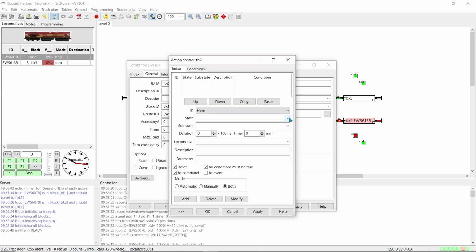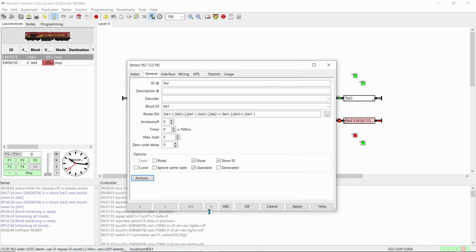The state can be left blank and the substate can be left blank as well. Duration can be left blank and the timer can be left blank. Locomotive we can add in 78. You can put a description in, you can leave the parameter blank as well. So add that. Apply. OK.